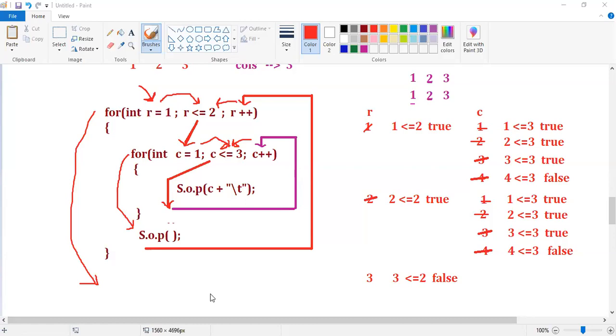Fine. And for you, I'm going to give one task. Just a minute, guys. Give me 2 minutes, guys. I'm going to give you a task on the nested loops.